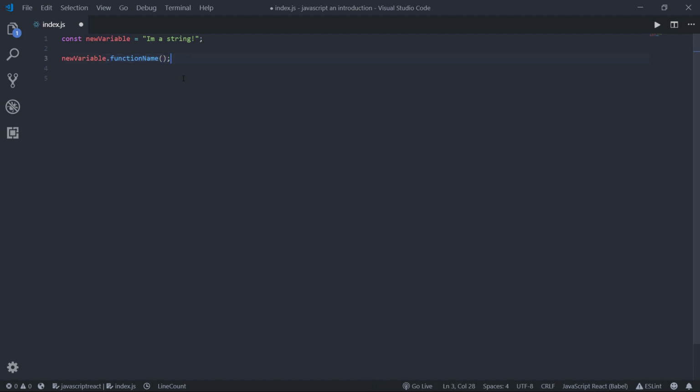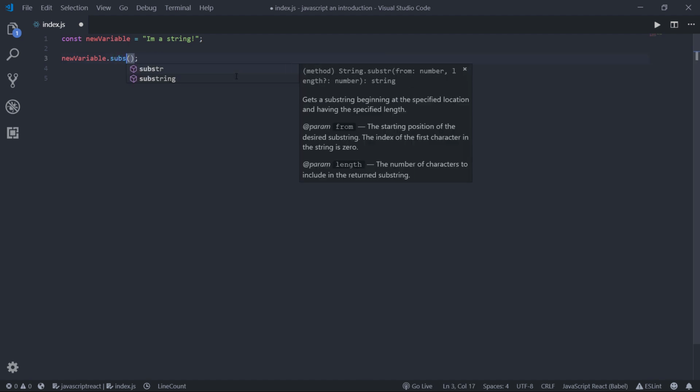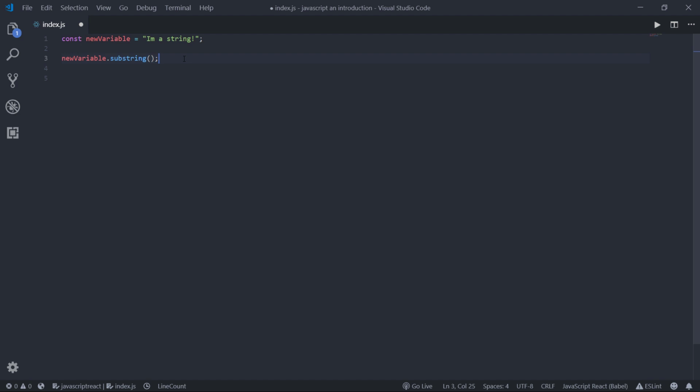A very useful function that we can use is the substring function, like so. The substring function allows us to get a substring of a larger string. So say if I wanted just the word "I'm" out of this one, I could use the substring function to do so. We do this by passing two values into the parentheses of the substring. The first one being where we want to start the substring from, and the second being where we want to end it at. The way this works is 0 is the very beginning of the string, so it's not 1, it's 0. And then if I wanted this word, it would be 1, 2 characters. So I would go 0 to 2, like so, and I'll log that to the console